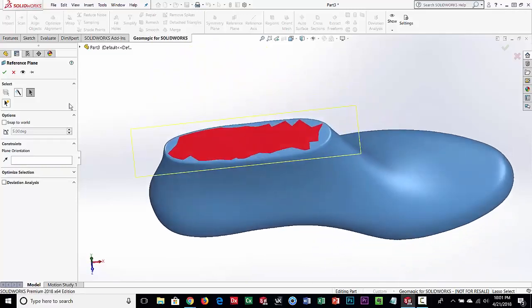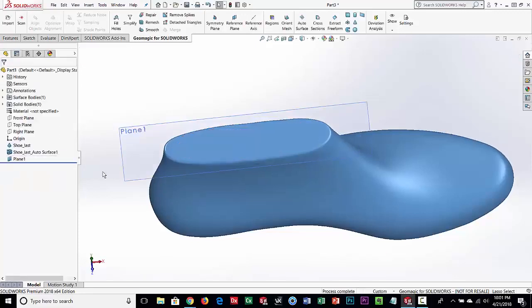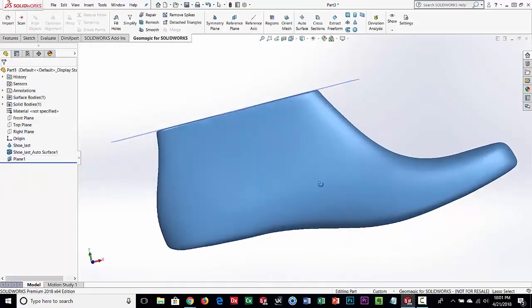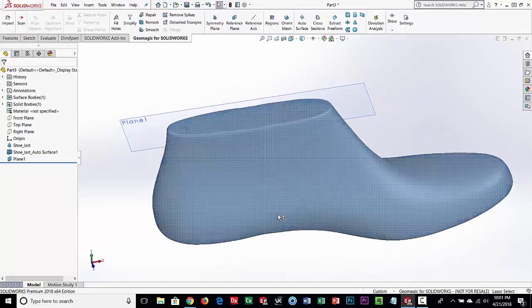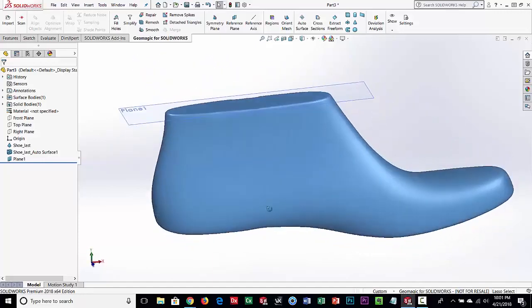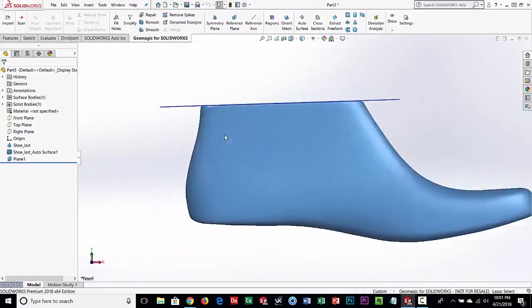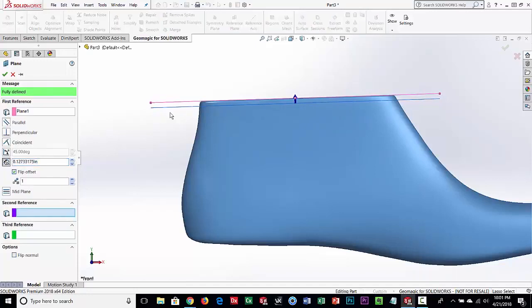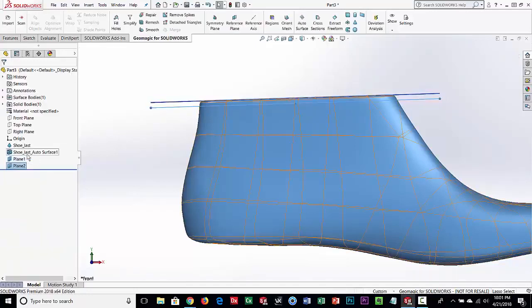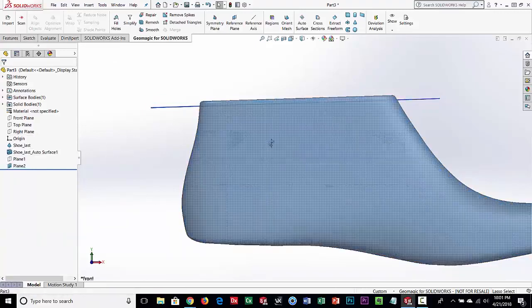It's going to average and fit a plane through that scan data, okay? So you can see what it's done. It's basically fit a plane through there. And then I can use this plane to do different things, cut sections and do different things. I can offset it. Just like you can normally in SolidWorks, I can offset down, because actually what I want to do is cut down into the part here. So we'll just do an offset plane in this case. And let's turn off that top plane.